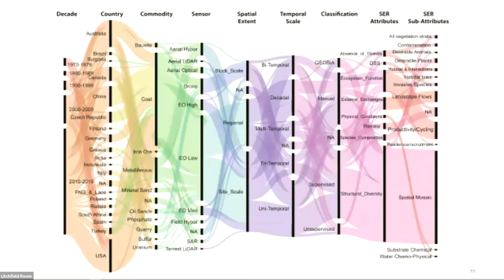So there's more studies in the 2010 to 2019 decade. And I'll just flow through this for you. So most of this 2010 to 2019 studies were conducted in Australia and China and the USA. The ones that were in USA were mostly conducted on rehabilitated coal mines, and moving further across the sensor type,